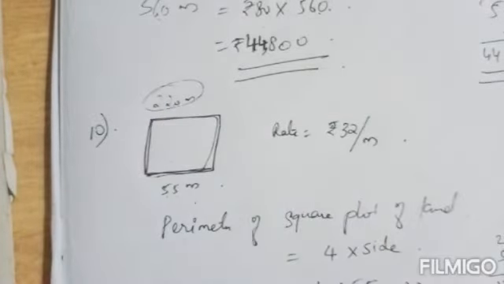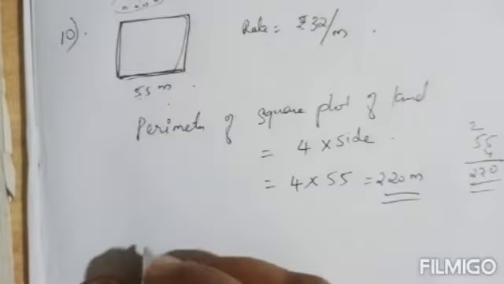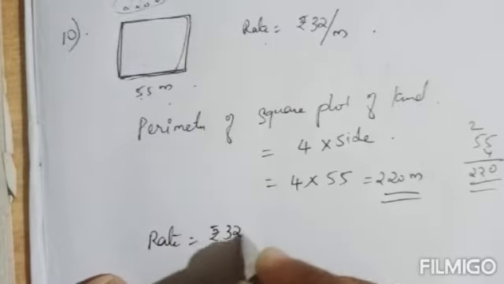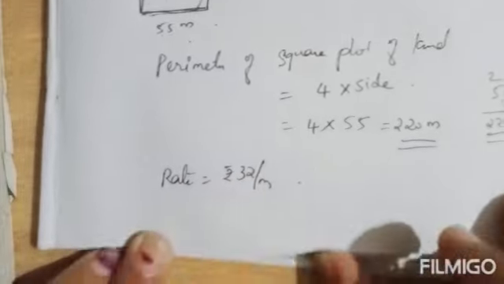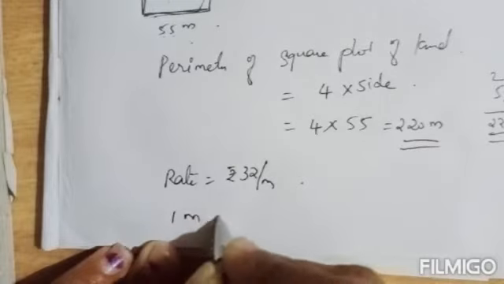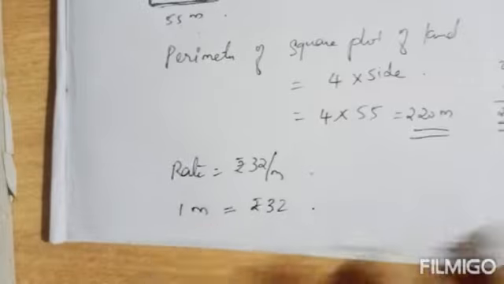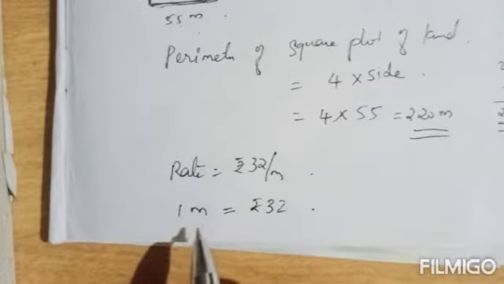Okay. Now rate of fencing, it is given for 1 meter. Rate, it is given rupees 32 per meter. Rate of fencing, that is for 1 meter it will cost rupees 32. For fencing 1 meter,